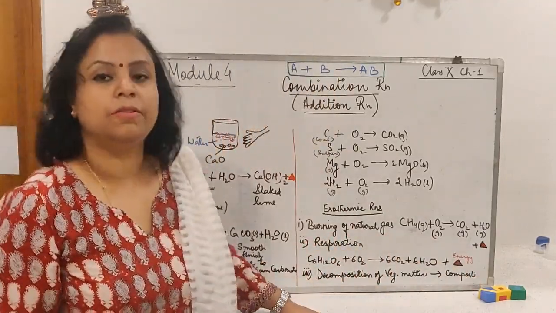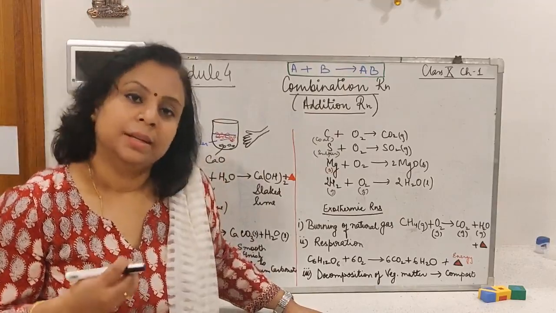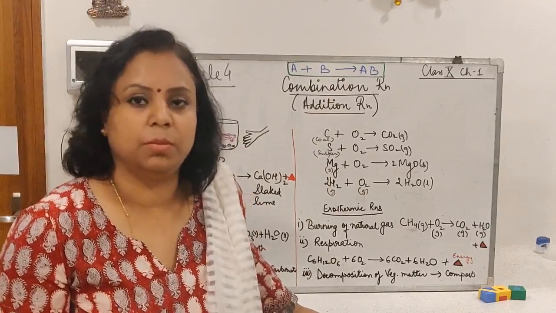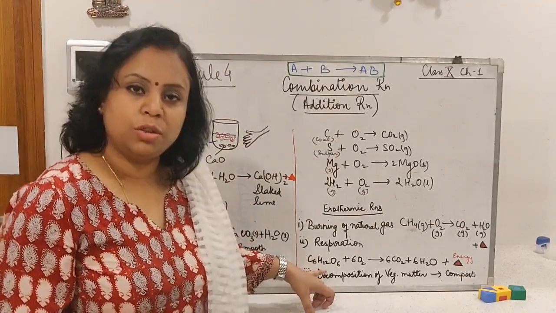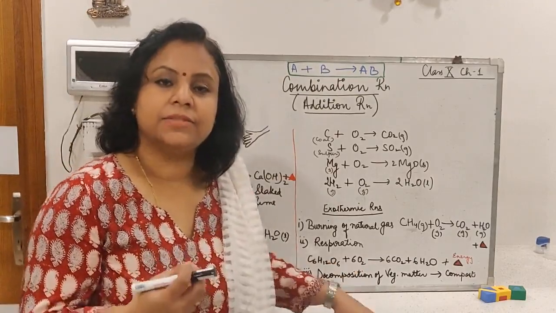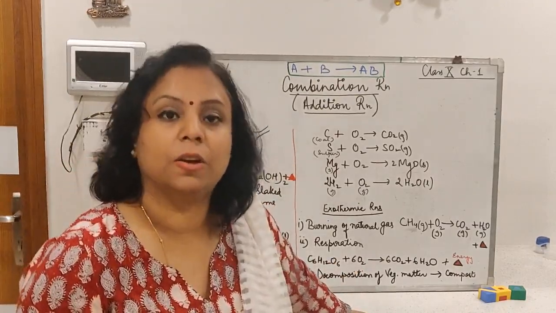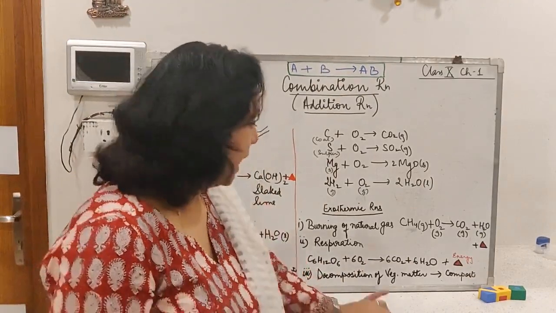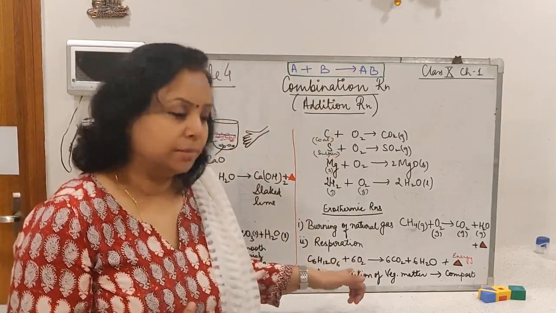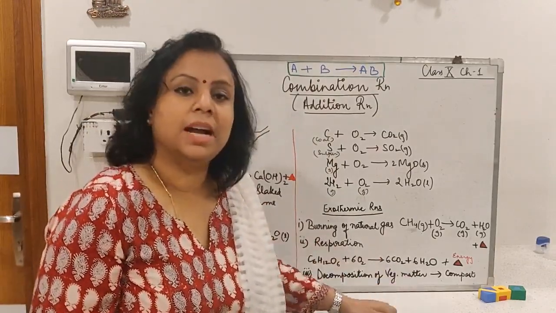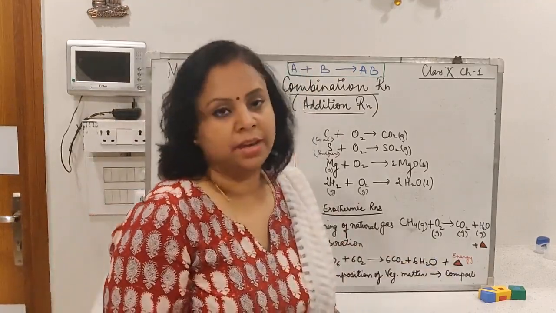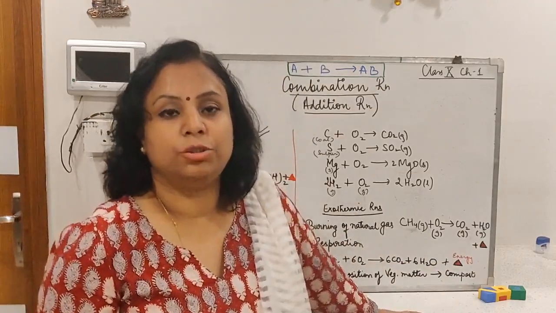One more example of exothermic reaction is the process of respiration that is taking place in the human body or animal body, in which glucose combines with oxygen. This activity is taking place in the mitochondria of the cells. This is catabolism basically, and it forms carbon dioxide and water again, and the release of energy. This energy is helping us to do work.